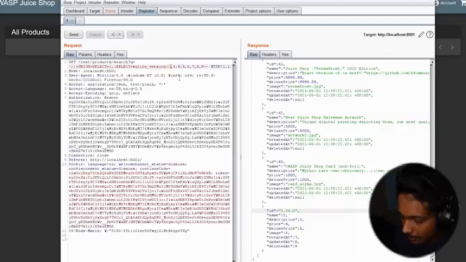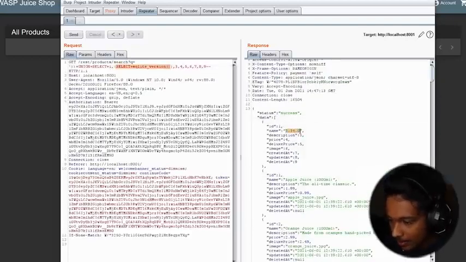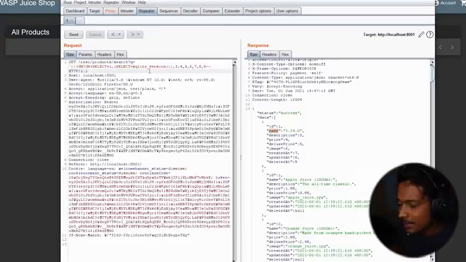Make sure I follow the syntax correctly. If I send it now, you can see the version number got assigned to the second field, which is name, because we injected, or nested, this SQL query in the place of the second column. So this means we are not only able to retrieve data from the products table, but